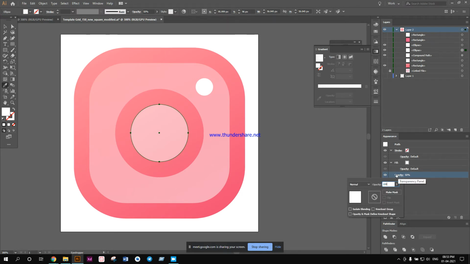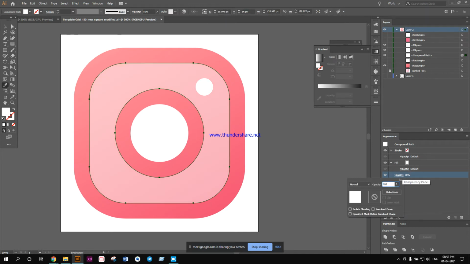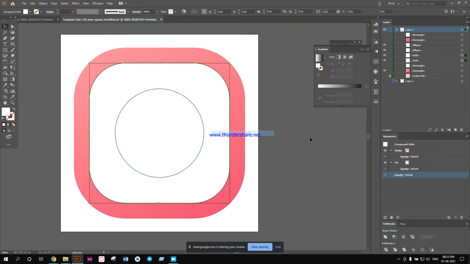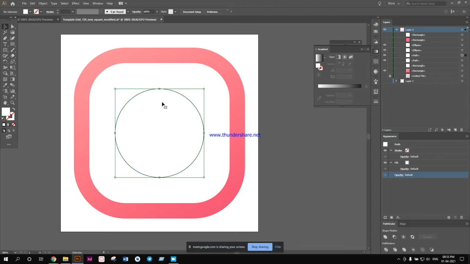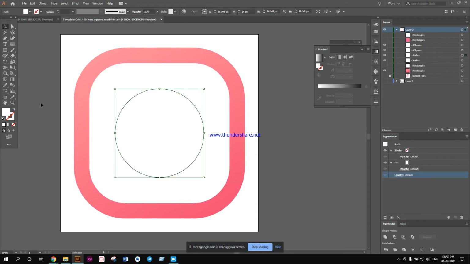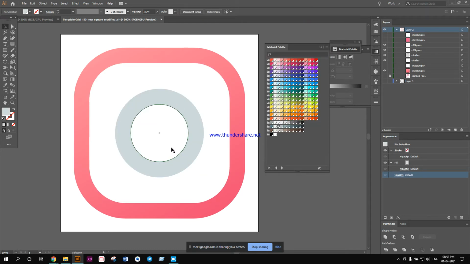Select the solid icon. Select the solid color. What I can do over here is release the compound path, then delete this one. This one I can do this, and for this part I can do this also.